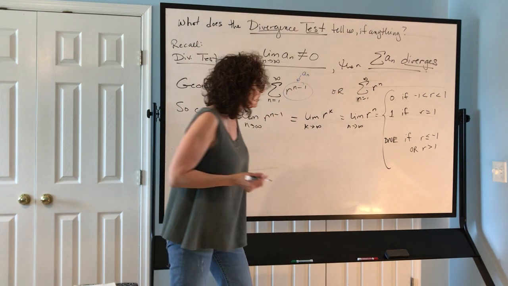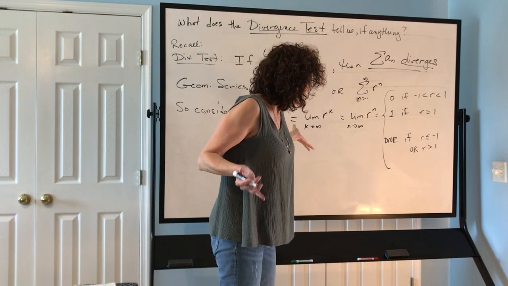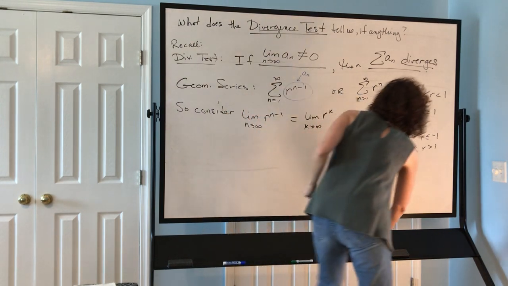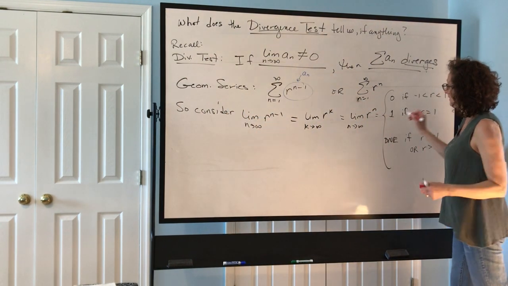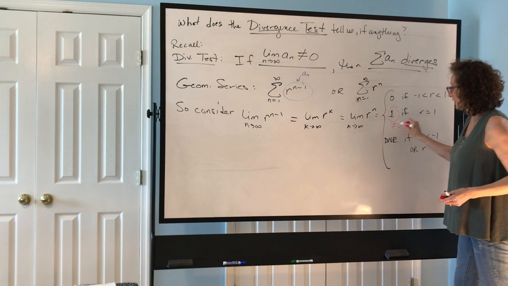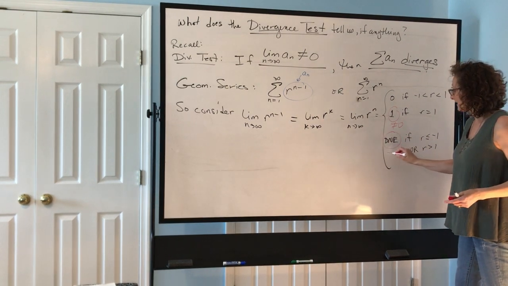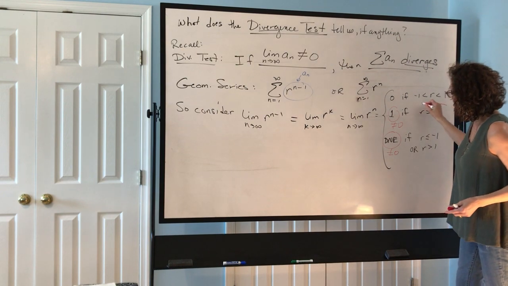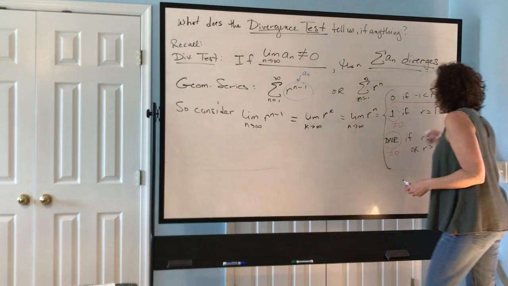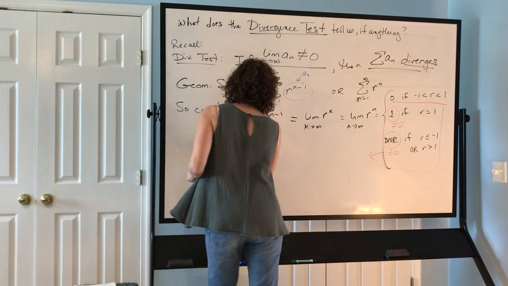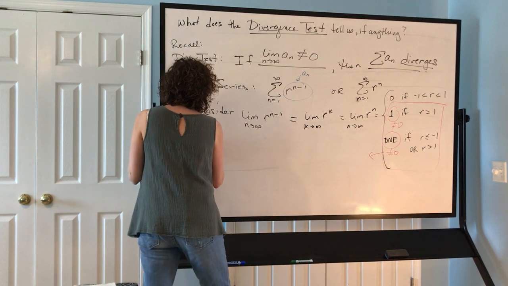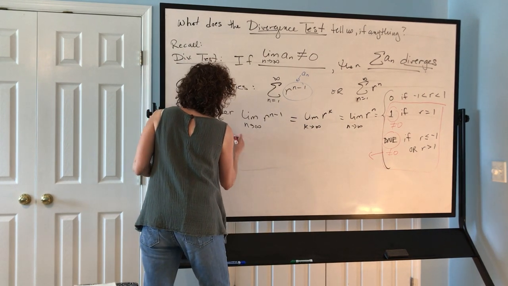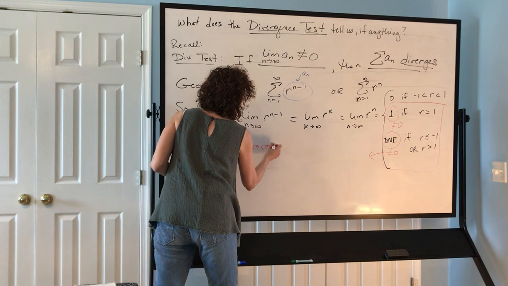And so when can I guarantee the series diverges? 1 is not 0, does not exist is not 0, so therefore, for these cases, by the divergence test,